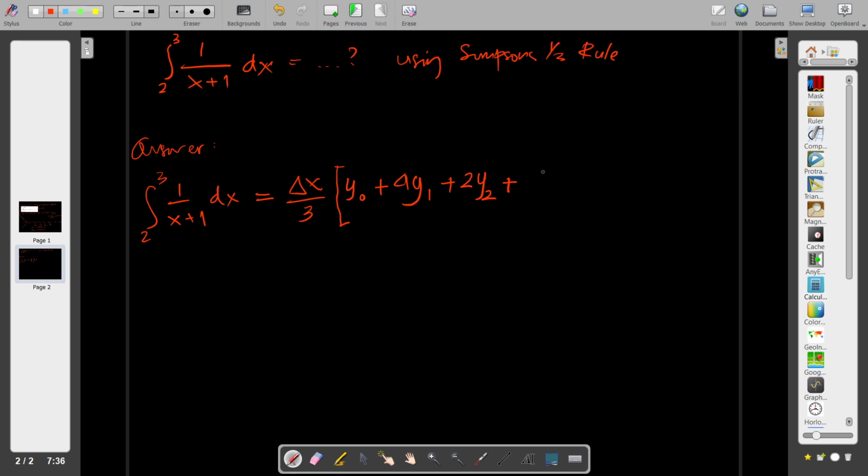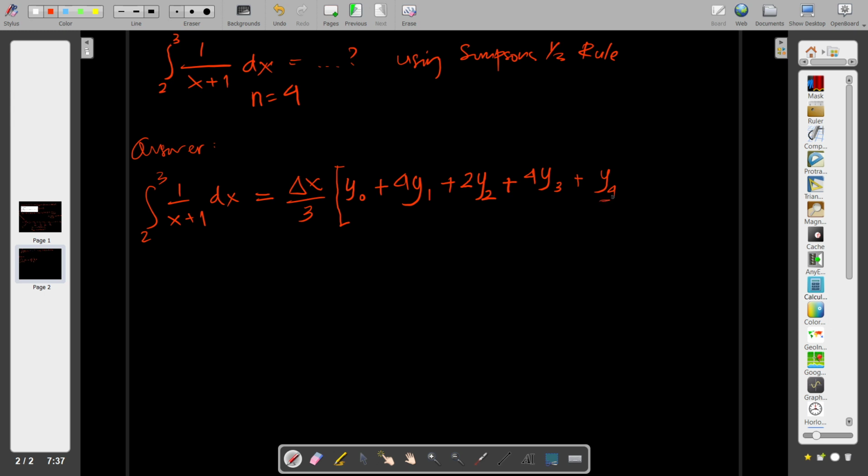Wait a minute, I forgot: the number n is 4. So 2y2, and then plus 4y3, and then plus y4. So 4y1 plus 2y2 plus 4y3, and for y4 we don't multiply by 2